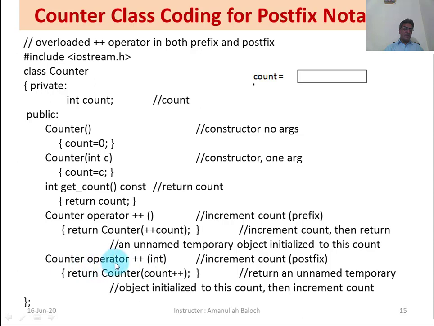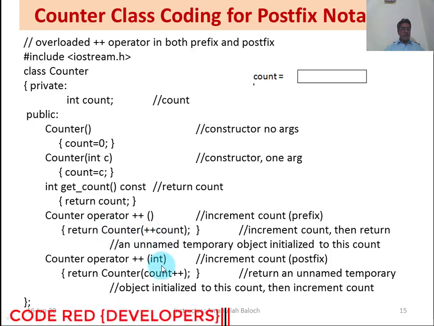This increment operator function is also returning the value of an object because its return type is the name of the class. So it will create a temporary object here and will return the value of that nameless temporary object. Here you may see it is incrementing the count variable first, and then will return the new value of count